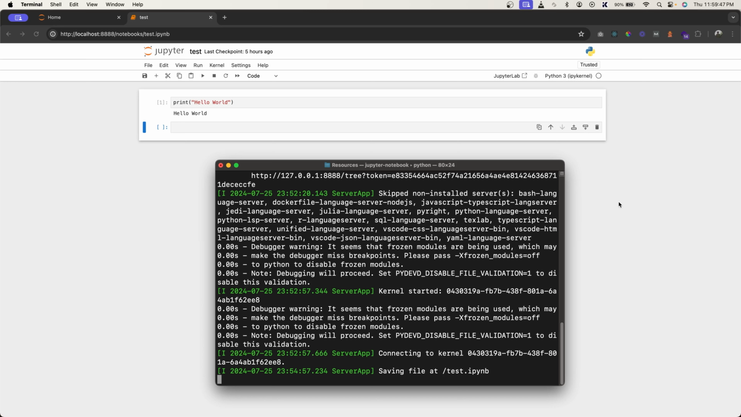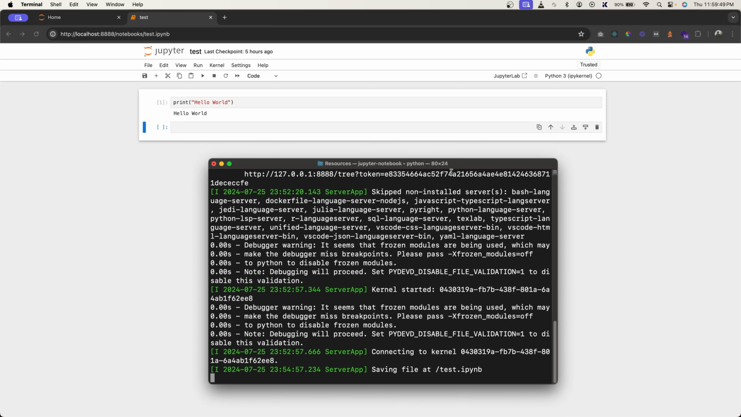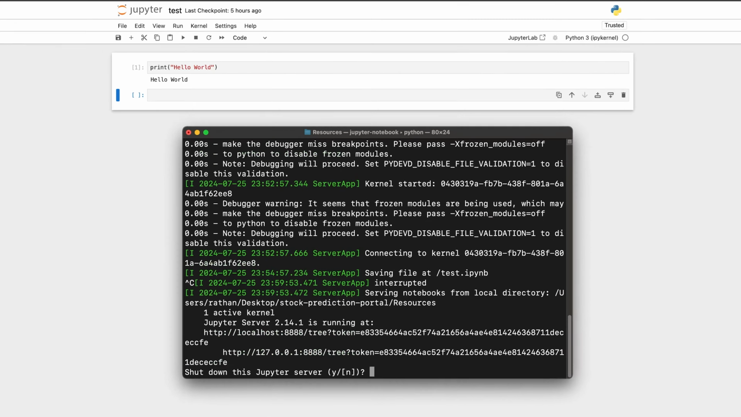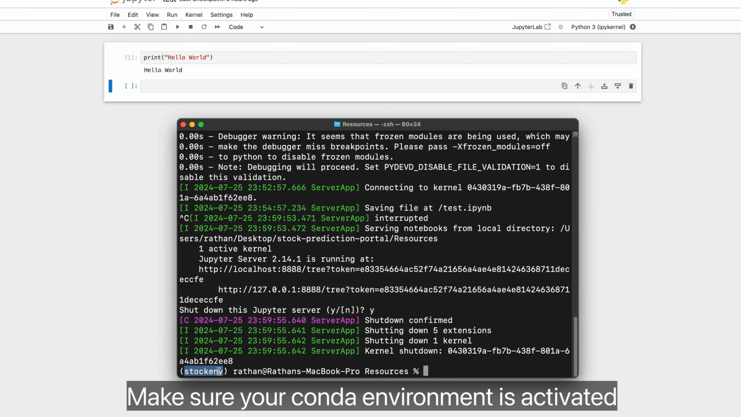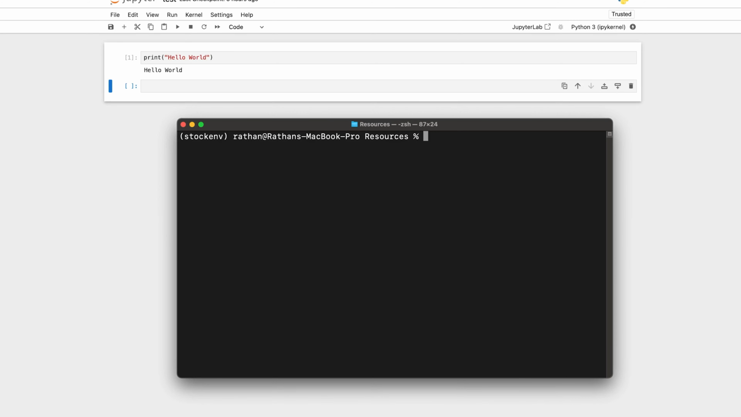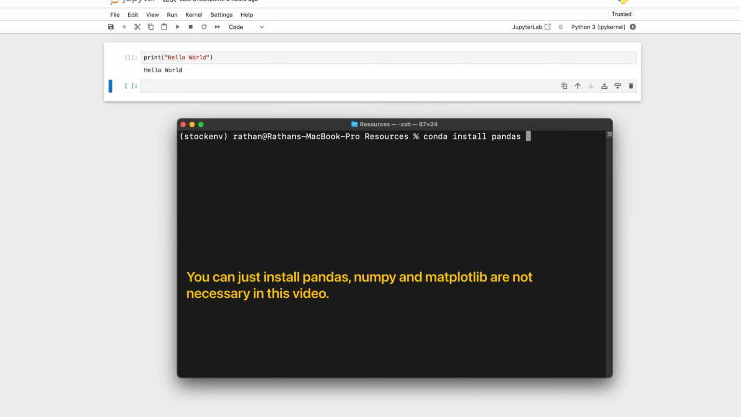First of all, we have to install Pandas. I will stop this Jupyter Notebook and make sure this stock env is activated. Let's install Pandas. I'll say conda install pandas. You can put a space and also install numpy and